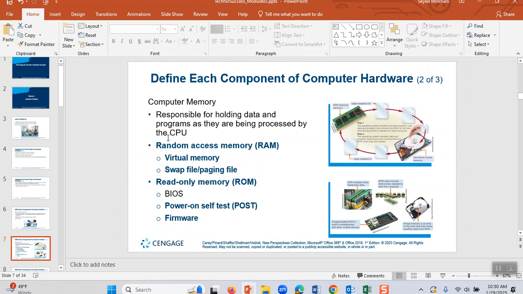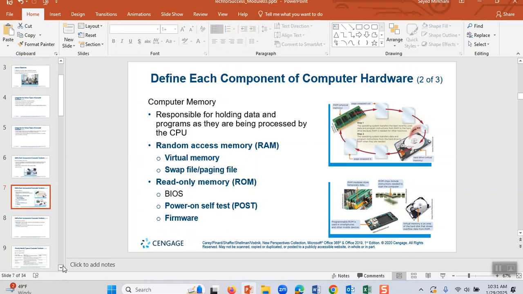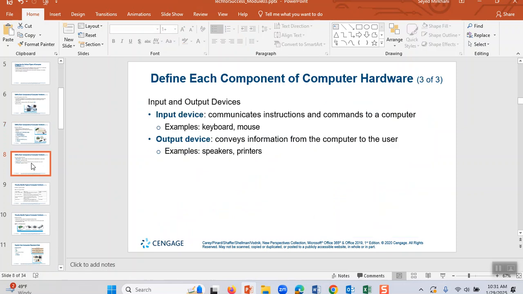And then this chapter talks about random access memory. When you buy a computer, you want to make sure that it has enough memory, and that is under that. We have virtual memory and swap file memory and read-only memory, RAM, and BIOS, basic input and output system of computers, and other issues. And we come here, this is PowerPoint 8, that talks about what are the input devices, what